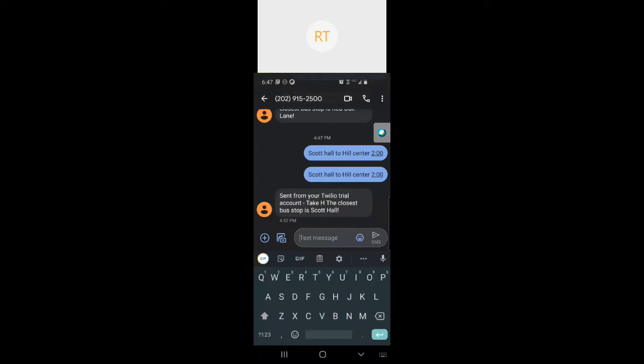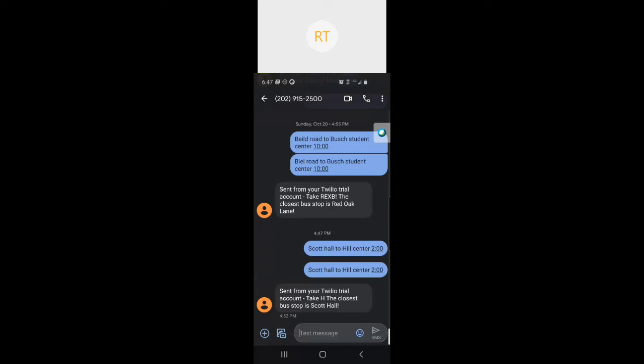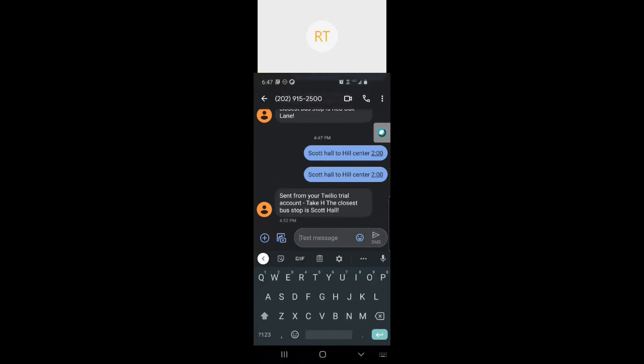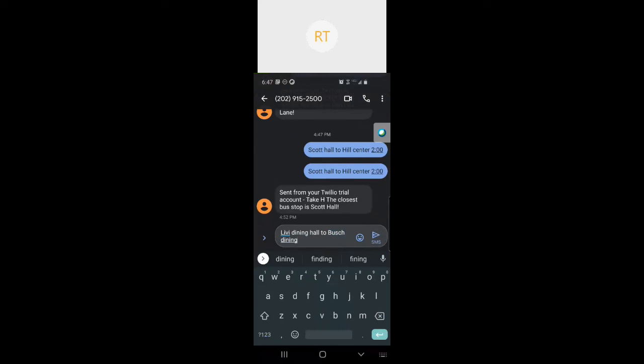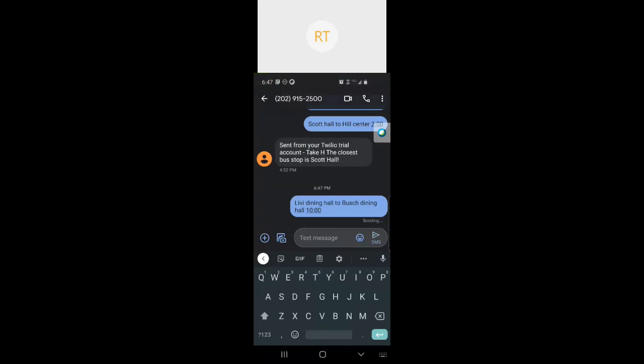So the way this works is you have your first location, you have your second location, and you also have a timestamp. Since I'm using Flask, let me just keep that over here. Okay. So let's say we want to know the quickest way from Livi Dining Hall to Busch Dining Hall. And then we can input basically any time, so 10 o'clock. And this runs on military time. So if we enter that,